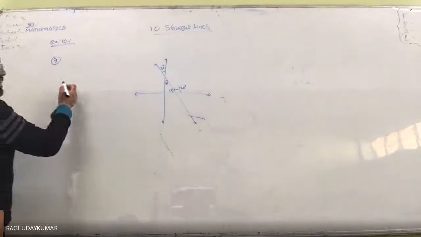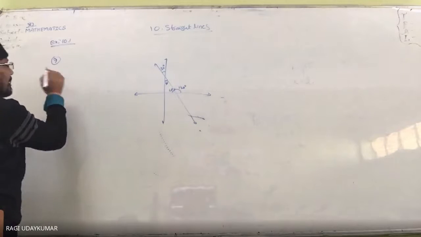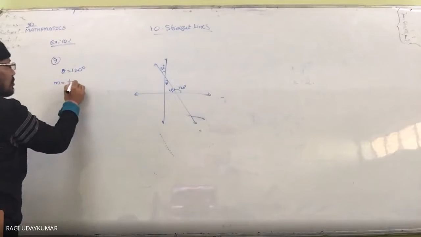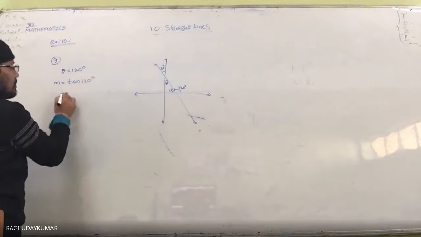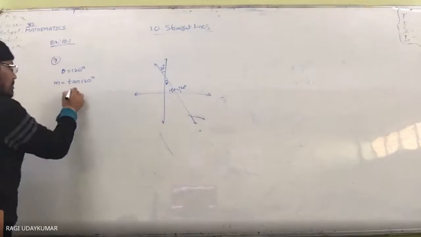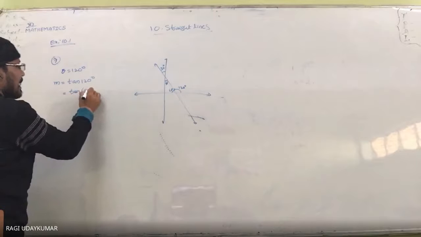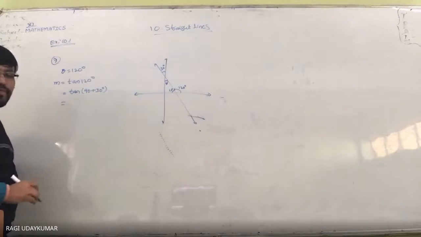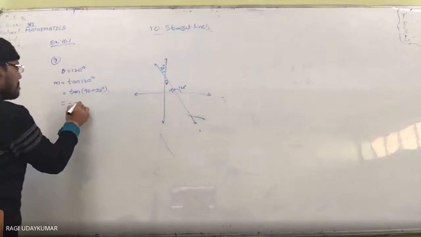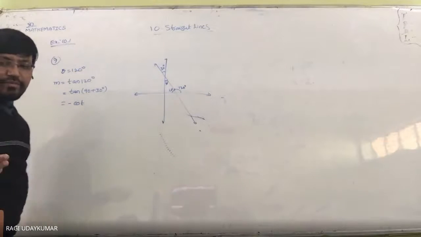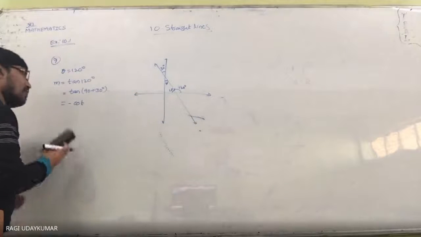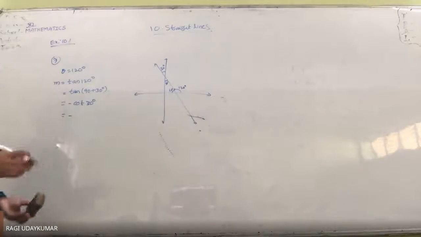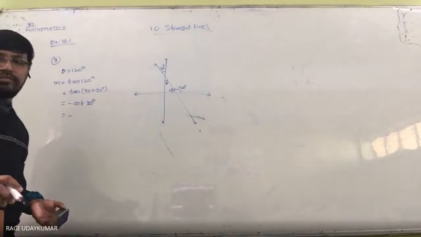So here 120 degrees. Then theta is equal to 120 degrees. Then the slope m is equal to tan 120 degrees. Tan 120 degrees is nothing but tan of 90 plus 30 degrees. Tan of 90 plus theta is equal to minus cot theta, or you can take 180 also if you get confused. Okay, minus cot 30 degrees. Cot 30 degrees value.